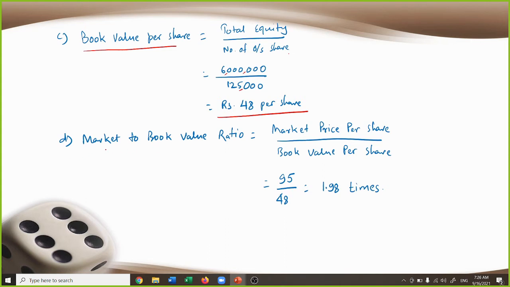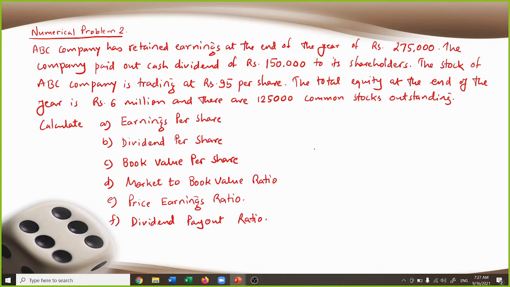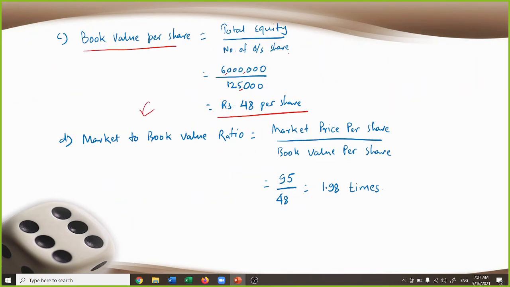That's the intrinsic value of the company, the value derived from the account books of the company. After this, the market to book value ratio is calculated on the basis of market price. Market price can be found from the company's trading price on the stock exchange or OTC market. So the market to book value ratio is market price per share divided by book value per share.